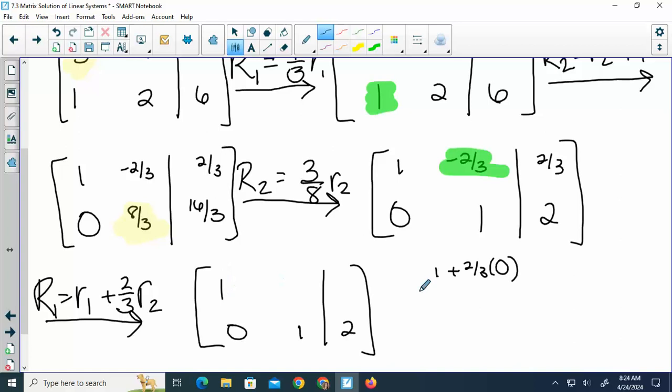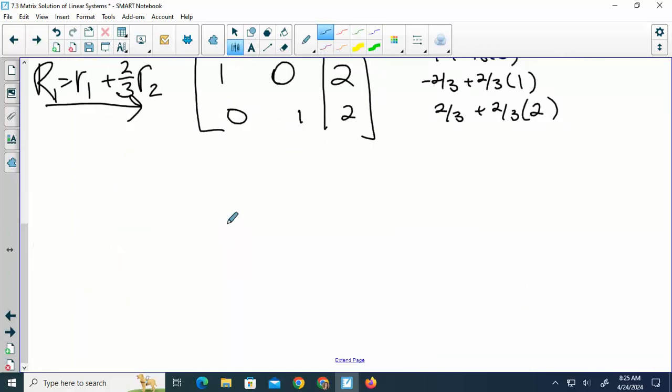So that's still a 1. Negative 2/3 plus 2/3 times the number in row 2. So negative 2/3 plus 2/3 is 0. Right. Next one, positive 2/3 plus 2/3 times 2. So 2/3 plus 4/3 is 6/3, which is 2. So our answer